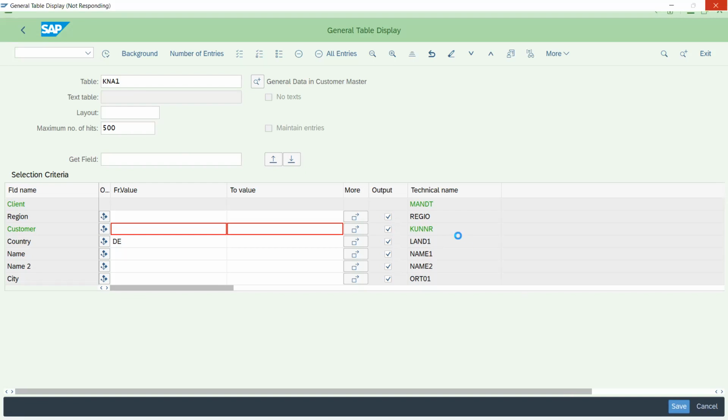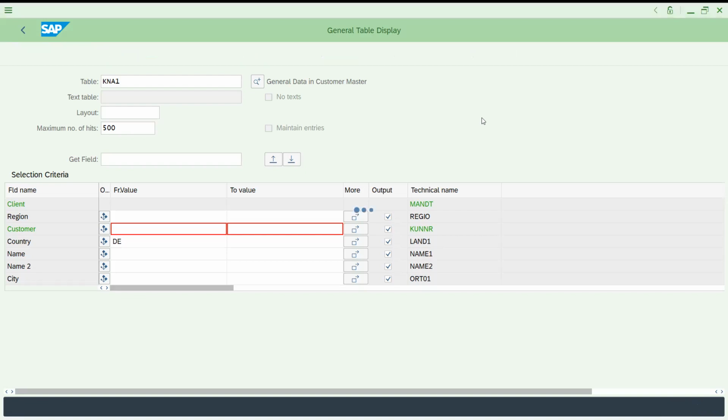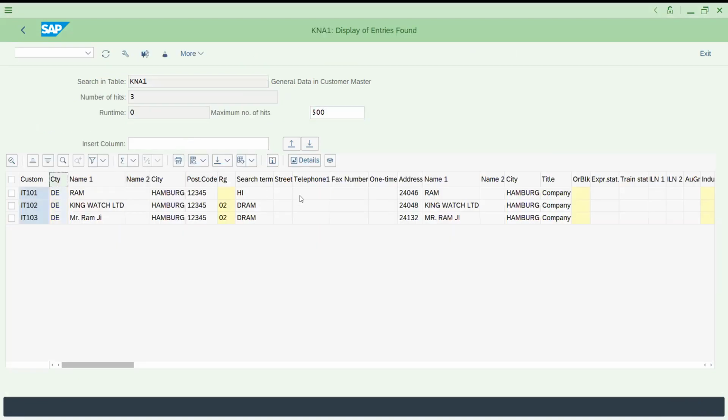It depends. Actually, if you go to S4 HANA, they are taking more than 60, more than 80 or 100 RAM speed. But in our practice systems, it will run, but it depends on the RAM speed you have. Otherwise, it is a bit slow. Now you can see it is a bit graphical, whereas if you go to SE16,